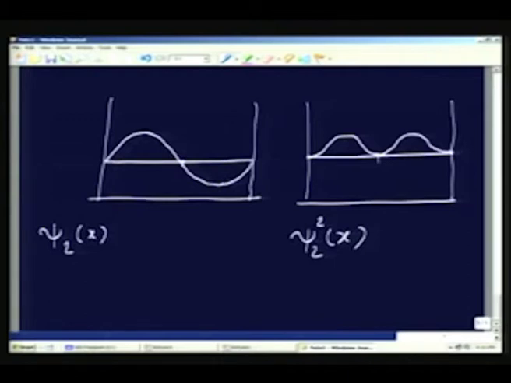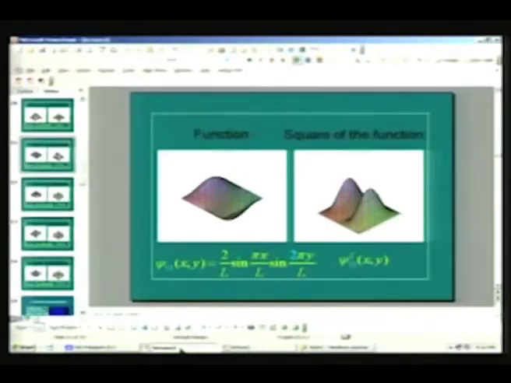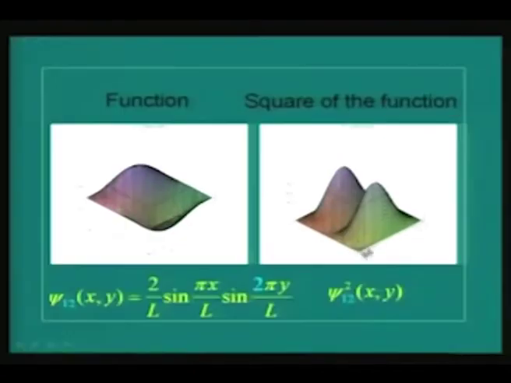The negative part is squared up, and of course the shallow continues like that, and this is the kind of plot that you see along the y direction, and along the x direction you obviously see the half sine wave. So this is the surface plot for the square of the wave function representing the probability density,